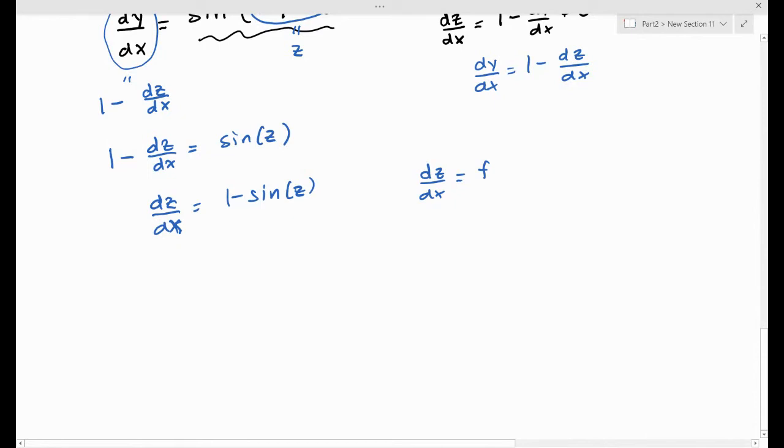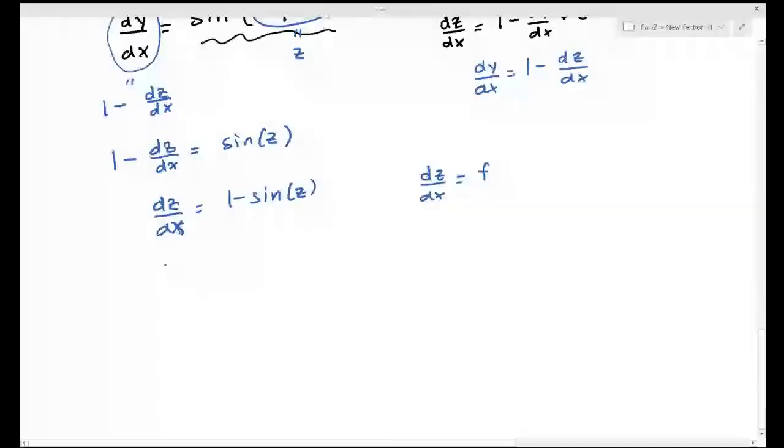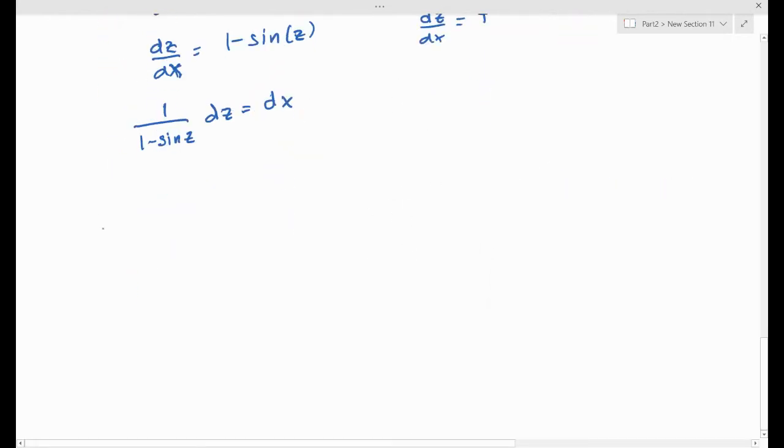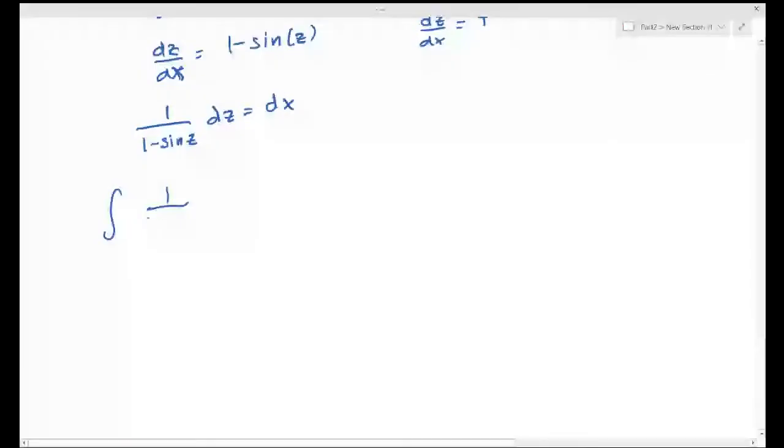We can bring all the z terms, or factors, to the left. So here I would divide both sides by 1 minus sine of z, and then multiply both sides by the differential dx. Okay. And then we would find the antiderivative of both sides, and this would be equal to, up to a constant,